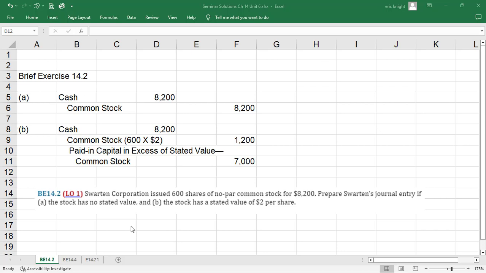The difference between that and part B is that in part B there's a stated value of $2 per share. So the $2 per share is what goes in the common stock, a total of $1,200. Everything else, the remainder of the money that would make up the $8,200, will need to go into another account that's tied to common stock called paid-in capital in excess of stated value. And that way the debits equal the credits. Both the common stock and the paid-in capital in excess of stated value accounts are equity accounts. And the total adds up to the amount of cash received, and this results in the assets equaling liabilities plus